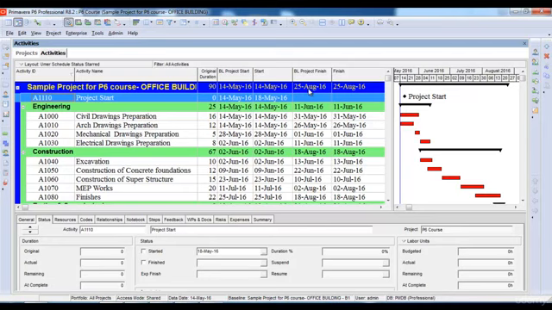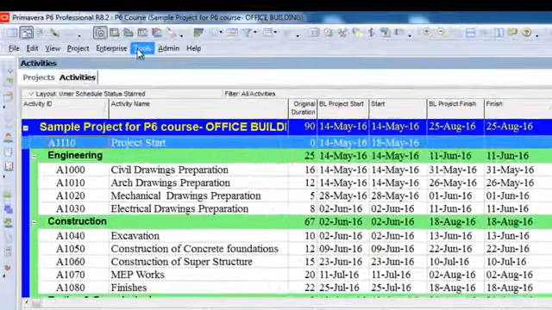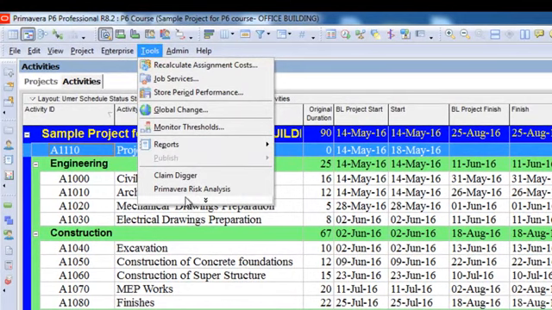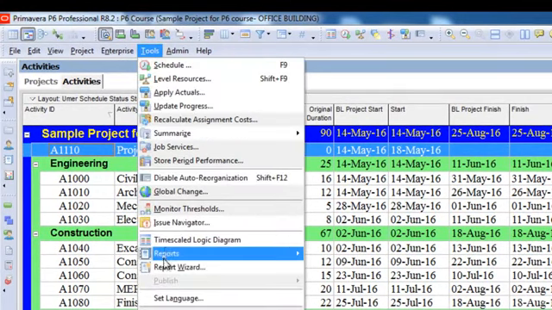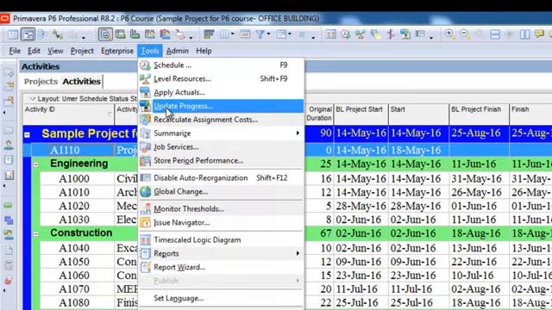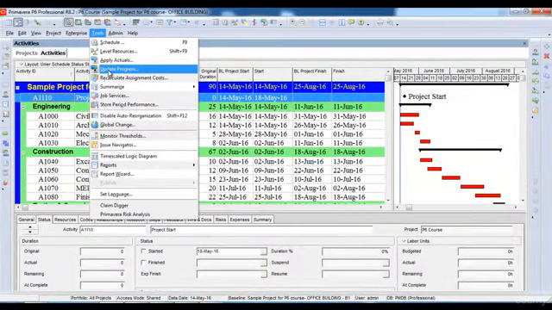There are 2 different ways to update our project. One is to update manually, and the other is to update automatically using the update progress option. The update progress option can be found under the tools menu. If we click the tools menu and select the option here, we can see the update progress options. However, this option should only be used if our project is going exactly according to our baseline. But if the actual progress of a project is not going according to the baseline dates, then we should not